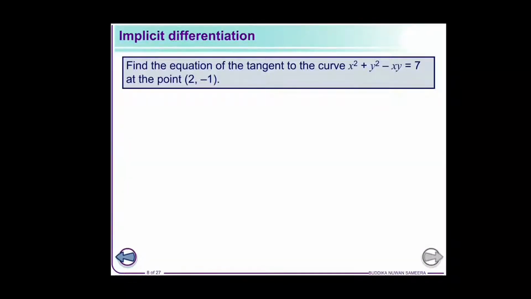Okay, find the equation of the tangent to the curve x squared plus y squared minus xy equals 7. So the first thing is you have to find dy over dx at the point (2, -1). So what you have to do is differentiate this function first. When you differentiate x squared, the answer is 2x. When you differentiate y squared with respect to x, the answer is 2y, and you should multiply it by dy